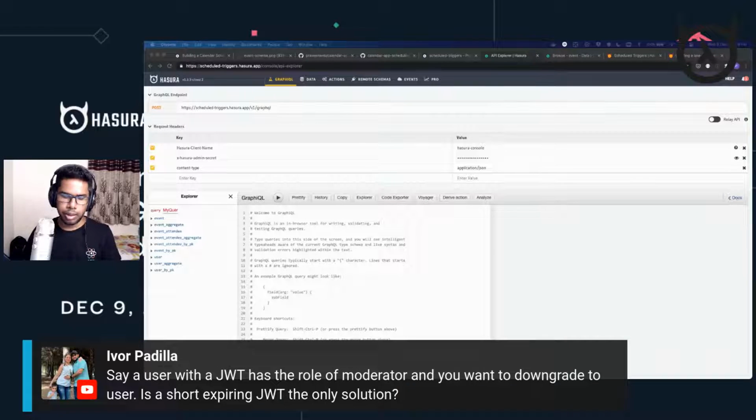That depends on what kind of application it is, and how frequently people will be logging in and logging out. But in case you have assigned a token with a longer validity and then you want to revoke it, the only way is to have some